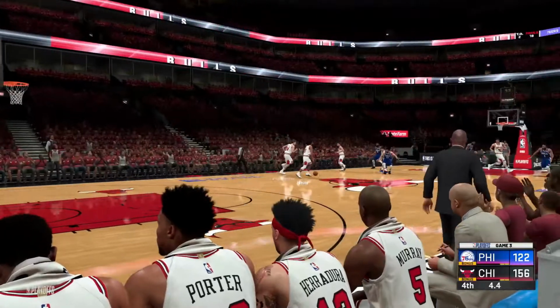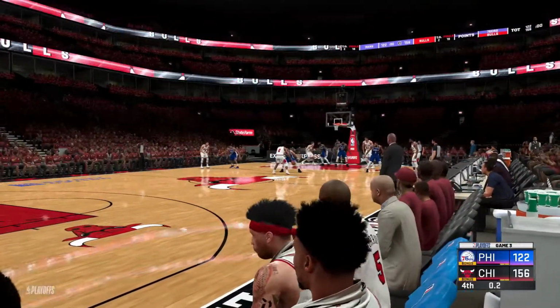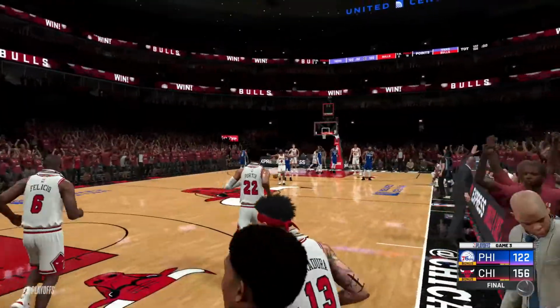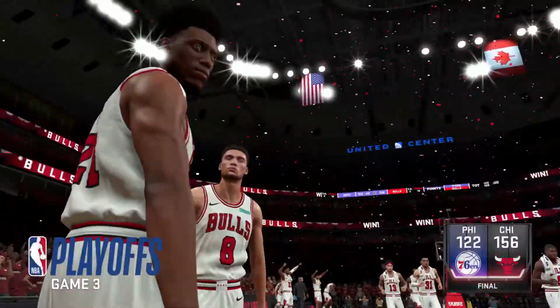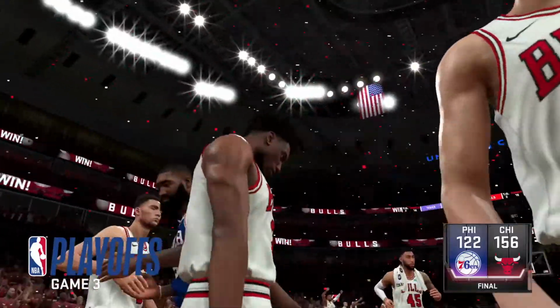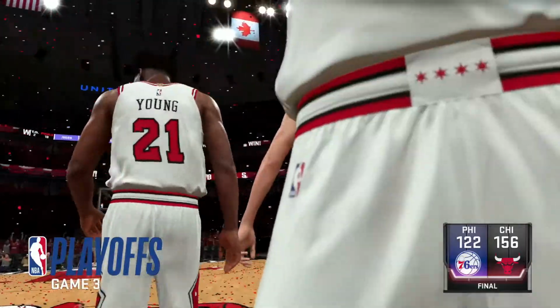6 seconds left in the 4th quarter of this one. And so Chicago takes this one, and by a big margin. You have to think at this point, up 3-zip. It's only a matter of time now, Greg, until this series is in the books. You know, this victory all but seals the deal. As strong as they look throughout this game and this series,